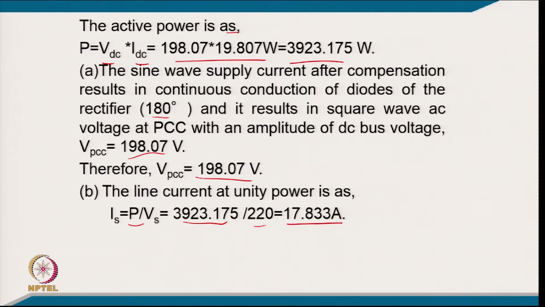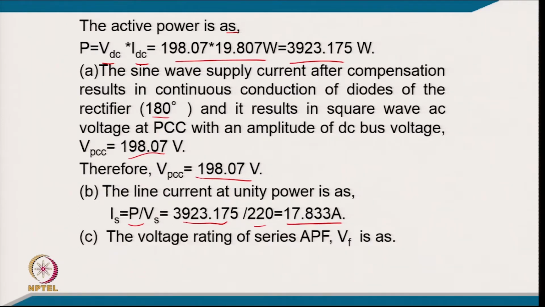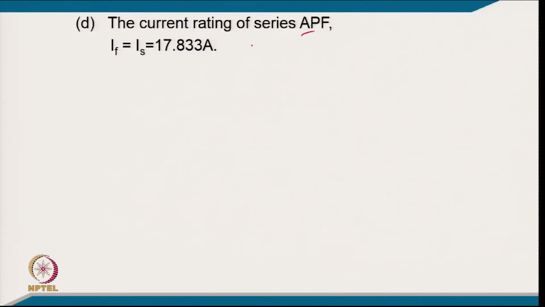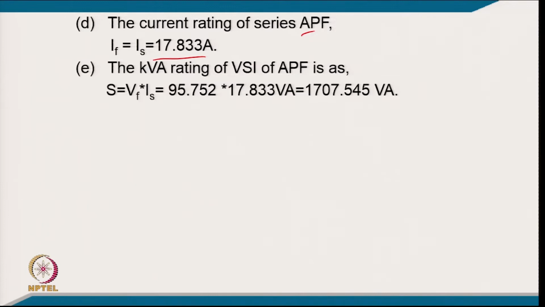So, it comes 17.833 ampere RMS. The voltage rating of the series active filter we already calculated by this relation. We got this value of the input of the rectifier, and this is the supply voltage. So, the difference of these two we have to inject. So, we can calculate the RMS from this relation by half wave symmetry, 2 upon 2 pi, 0 to pi, it comes 95.752 volt. The current rating of the series active filter we already calculated from power and load resistance. So, this comes to 17.833 ampere, and the kVA rating of the voltage source converter of the series active filter VFIF, putting the value of this,